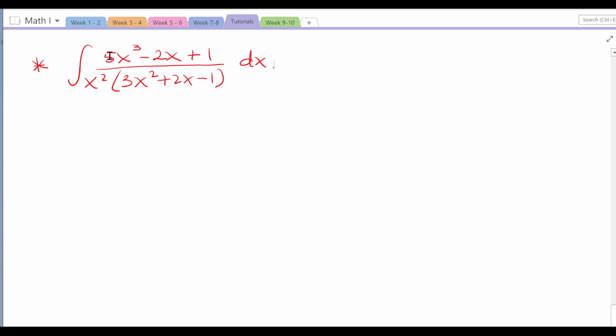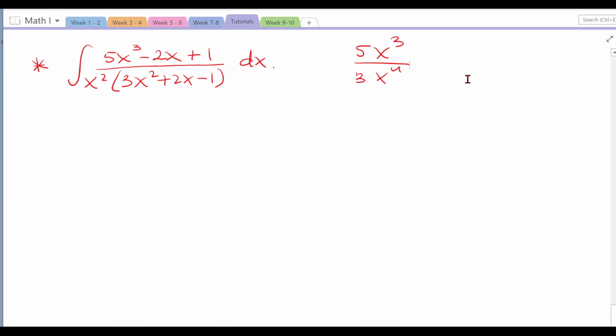In this case, the numerator's maximum power is x cubed, and the denominator's maximum power is x squared multiplied by x squared, meaning x to the power of 4. Let me just write down here. So this is the same as 5x cubed divided by 3x to the power of 4. The maximum power of the numerator is less than the denominator, so we do not need to proceed with long division, but instead we can proceed with